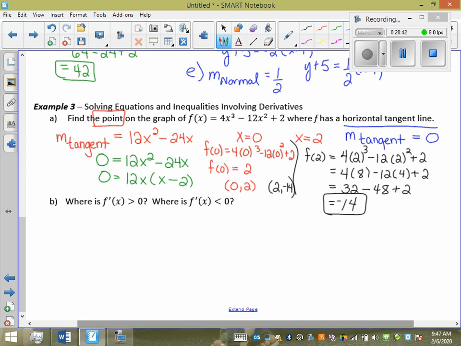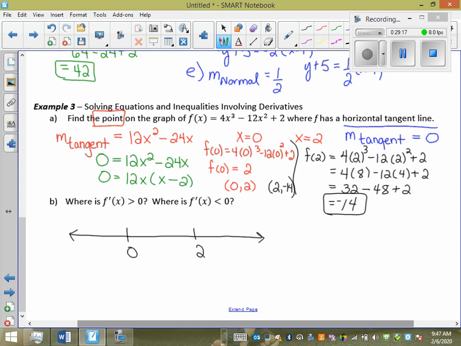Yeah. So where is f prime of x greater than 0 and where is f prime of x less than 0? So what we need to do is we need to make ourselves a little number line when they ask these questions. So I make a number line like this and I put 0 on it and 2. Why do I do that? Zero and 2 were what happened? The tangents were